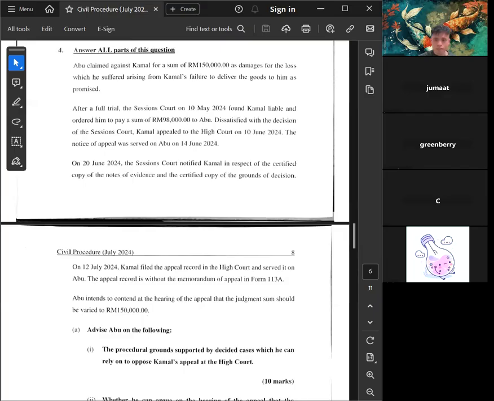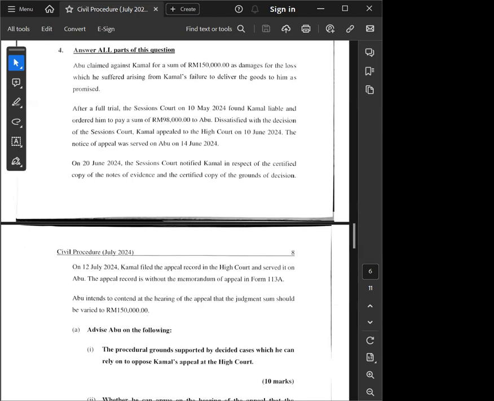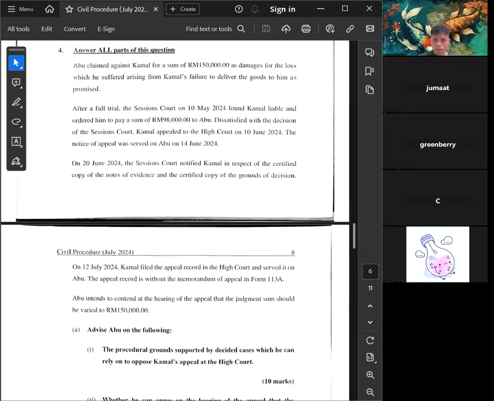Let's see. So what should be contained in your record of appeal? The record of appeal, you have to include the relevant pleadings, the notes of evidence, the grounds of judgment, memorandum of appeal, decision. So based on the fact,